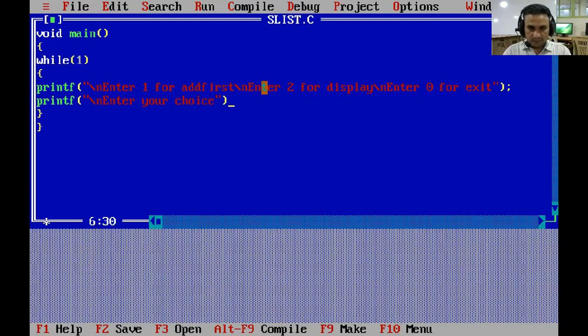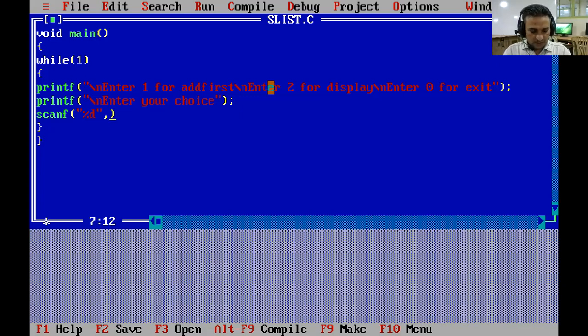We have to enter a number which will control the switch case statement. So our choice is in integer form, so we have to read an integer value from the keyboard.